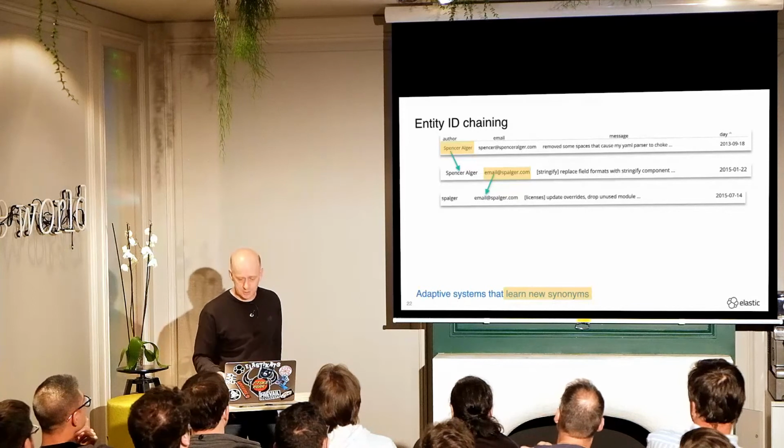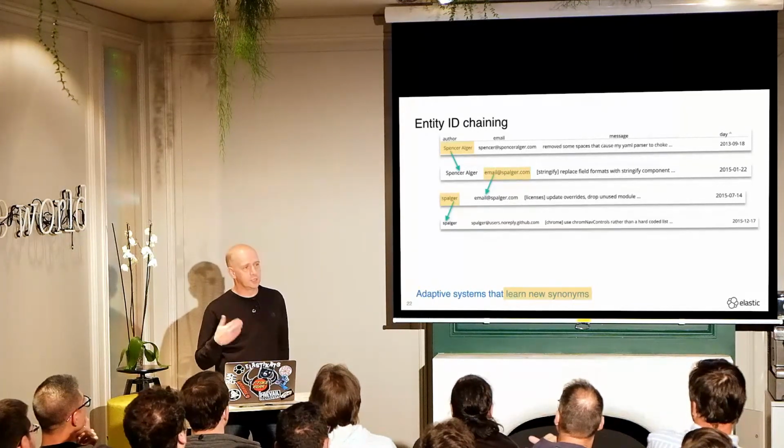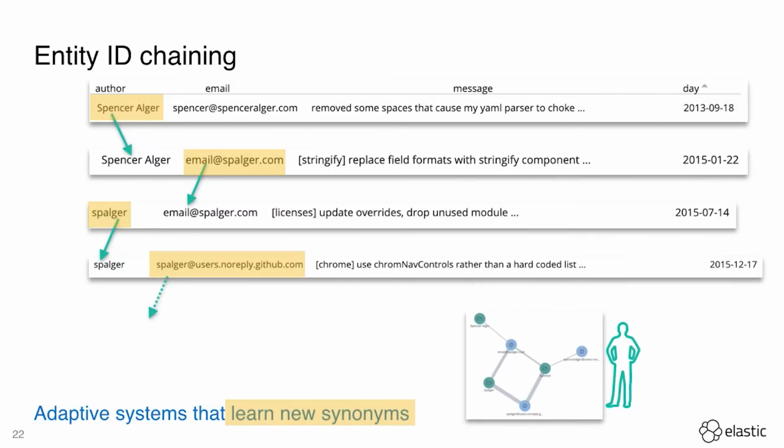When you have more than one key type, you can do this. And that kickstarts a fusion process where you can start to grow the set of IDs that you pull in around an entity. But to do this, you need more than one key type. And GitHub commits happen to have this characteristic. So if we keep walking these connections, then we start to pull together all of the IDs that Spencer's used over the years. So this is just one person with multiple IDs. You can see how this system learns new IDs by looking for other examples of records that contain at least one of the IDs you already have in your bag. And then you just keep growing this bag of IDs around a person.